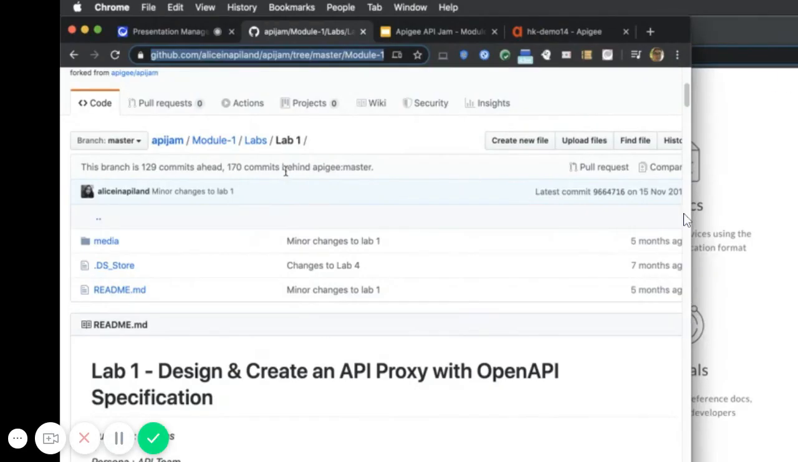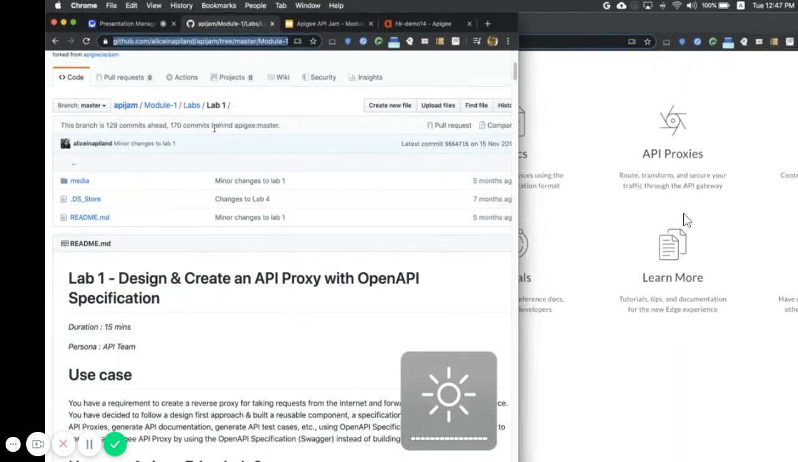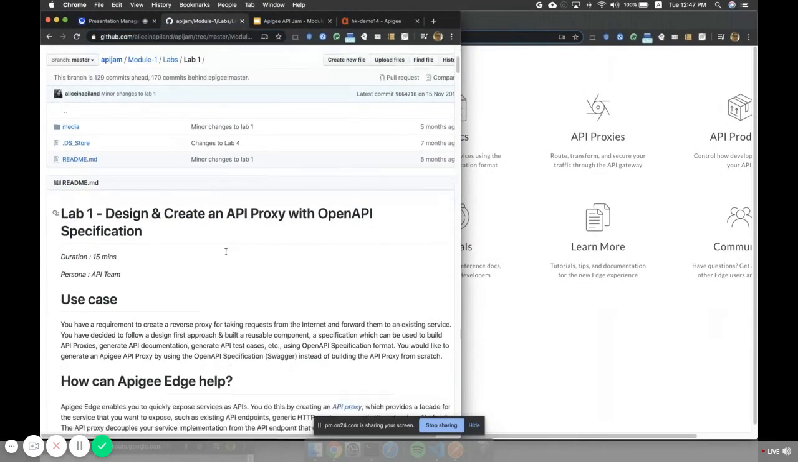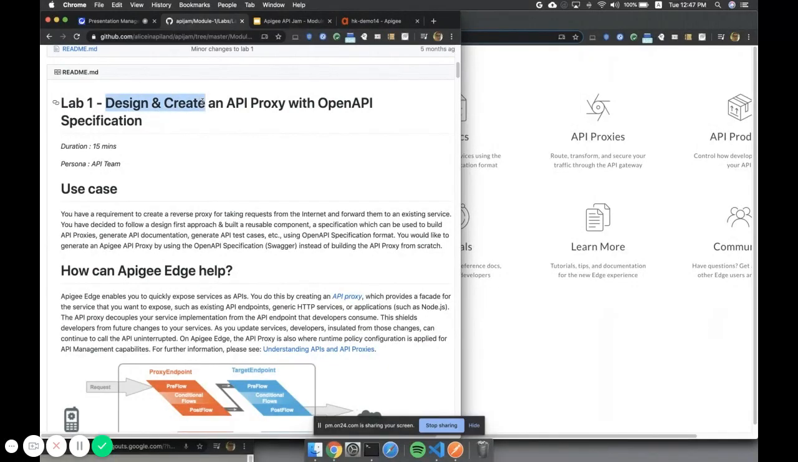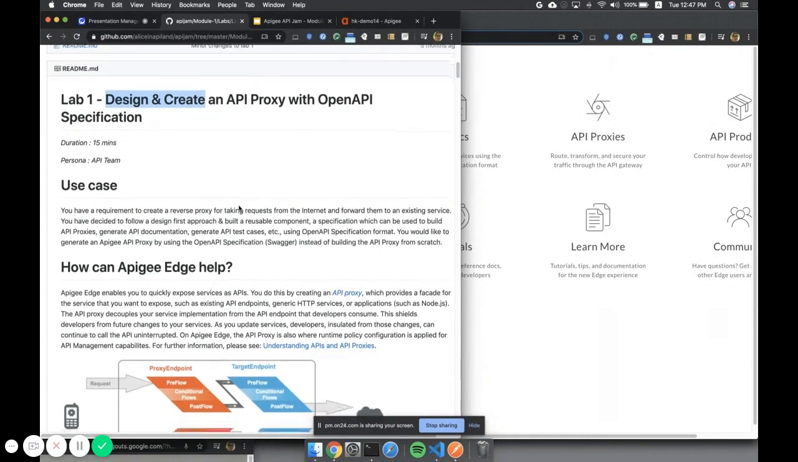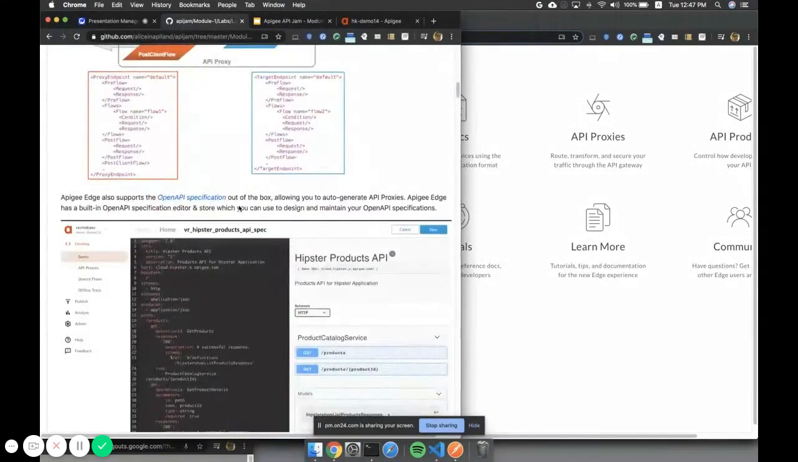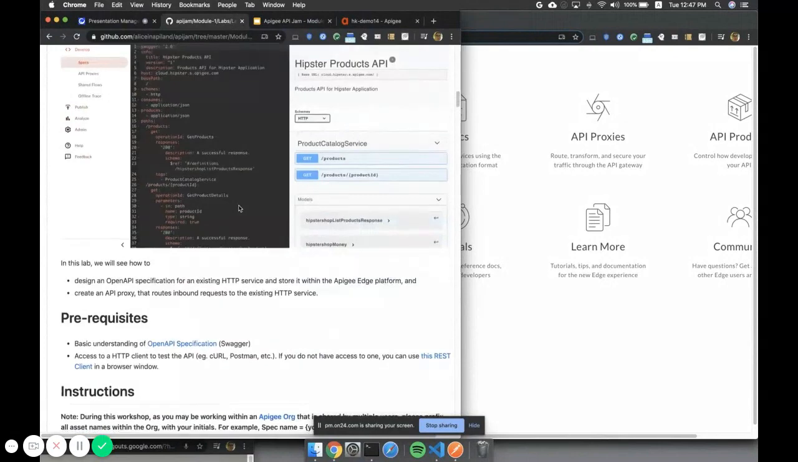GitHub lab itself. So in lab 1, it's quick. So lab 1 is really focusing on the basics, right? The two sets of the lifecycle step, which is design and develop, what we call create here. And if I scroll down to the instruction,